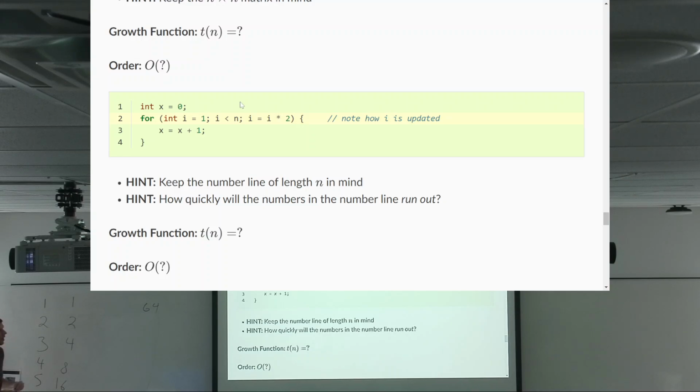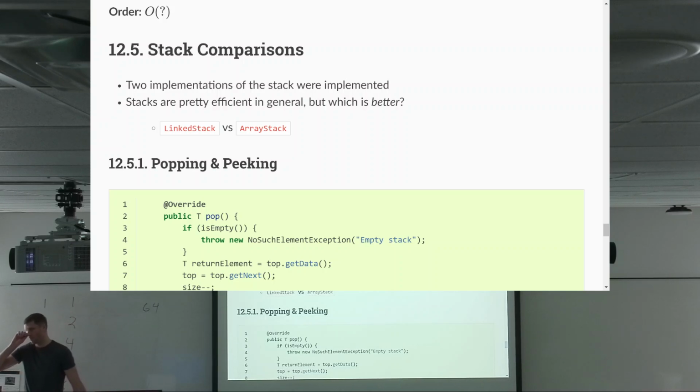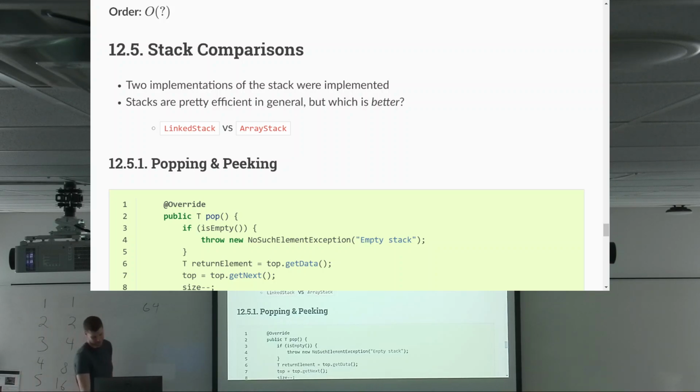This is not one that I expect anyone to say, yep, makes perfect sense, right? This is something to spend a little bit of time thinking about. But I don't want to get too hung up on this one right now. Any other questions about this though? All right, so now that we've talked a little bit about analyzing these algorithms,